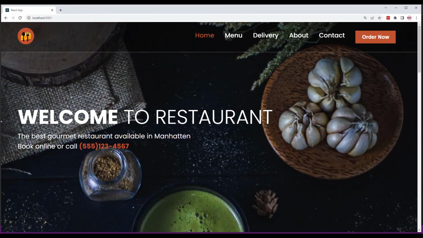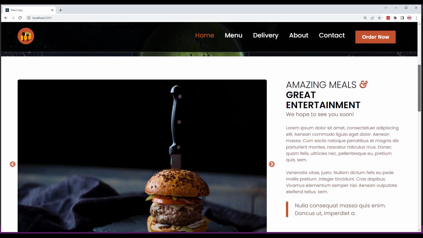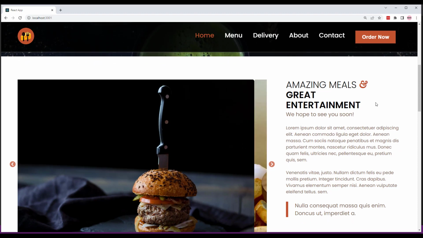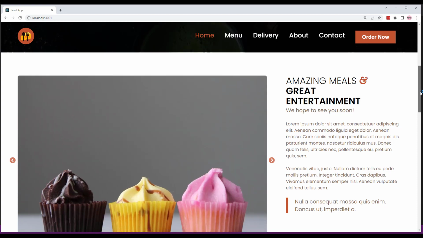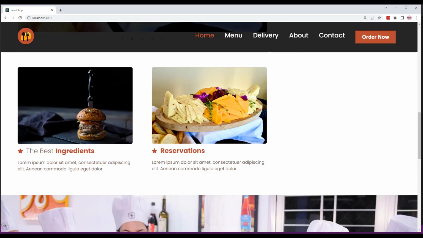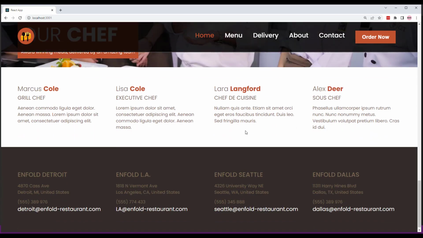Below that, we have a hero section and then an amazing meal section that contains a beautiful carousel on the left side and amazing content on the right side. As we scroll down, we have two cards, the best ingredients and reservations. Below that, you will notice our chef section as well as the details of the chef, and finally we have